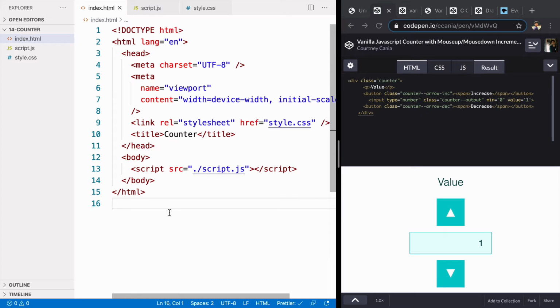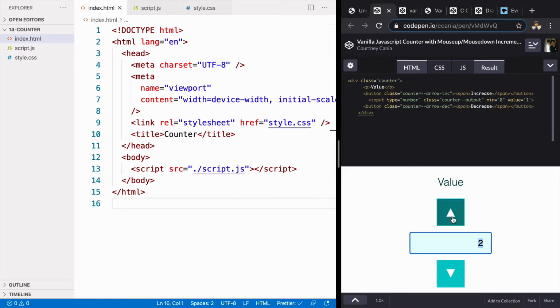So till now we learnt about how we can select an element, manipulate the element, and how we can handle events. So now this is our first project that we are going to work on, that is going to combine events, selecting and manipulation together. So we are going to create a counter app, something like this one. Here you can see whenever you click on this up button, the value increases.